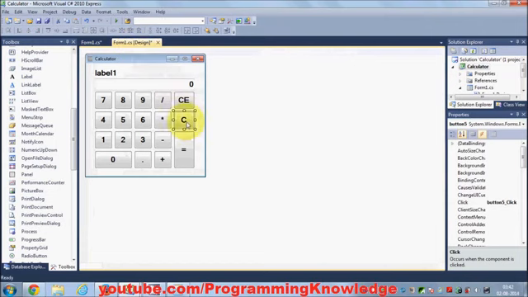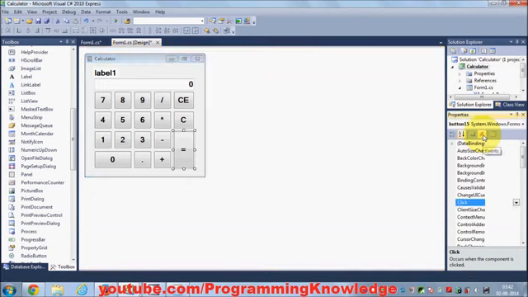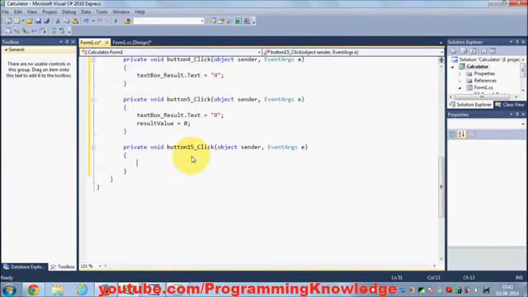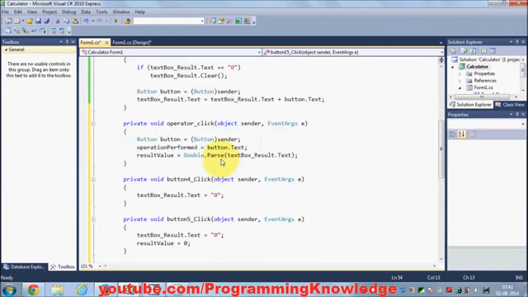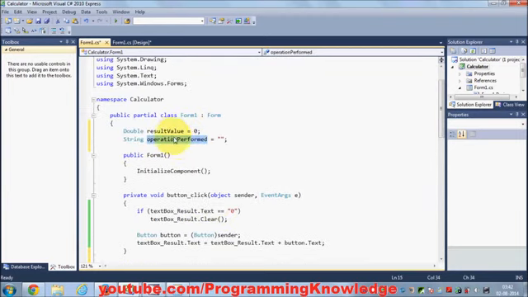Now what action is remaining? This equal to action. So in here, just double click this equal to action, or select this equal to button and go to events, and in the button click event just double click, and we reach the button click event of this equal to button, and you can just use switch cases depending upon the value in the operation performed variable. Okay,